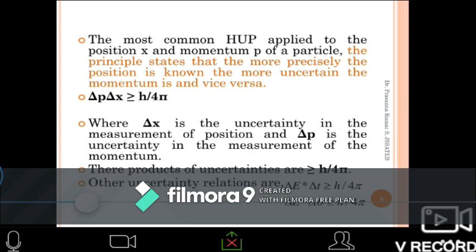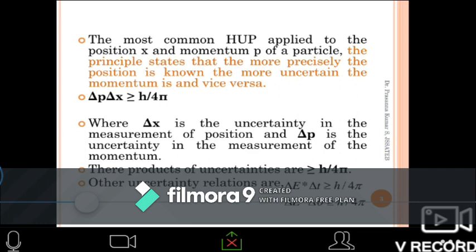Okay. So now the product of the two uncertainties delta x and delta p is a minimum equal to h by 4 pi and is always greater than h by 4 pi. This is Heisenberg's uncertainty principle, where delta x is the uncertainty in the measurement of position, and delta p is the uncertainty in the measurement of the momentum. When you take their product, it is always greater than or equal to h by 4 pi. In classical physics, the measurement of any physical parameter is accurate. It is a discrete, definite value. But according to quantum mechanics, the measured values are not exact.